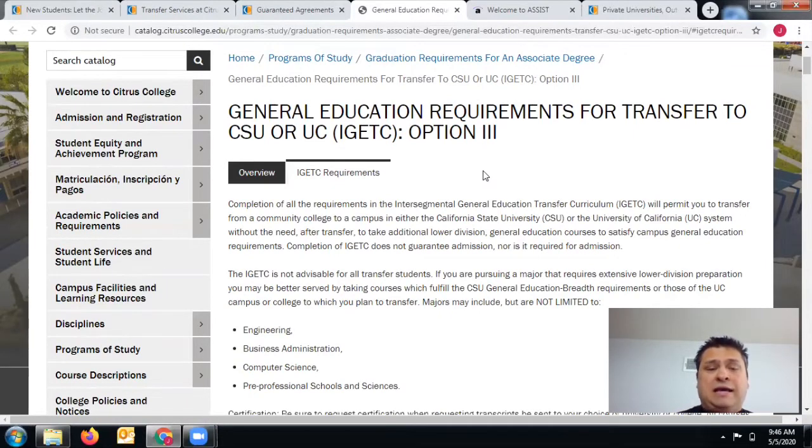And the idea behind this is the community colleges have put together a singular program that will transfer to all the UCs and all the Cal States. And this really simplifies for students which classes they need to take. They don't have to worry about, well, if I want to go to Cal Poly Pomona and I also want to go to UC Davis, I'm looking at both those options. I don't want to take two separate sets of courses, one for Cal Poly Pomona, one for UC Davis. This is all one set of courses. And I want you to think about this like graduation requirements. So think about it from the perspective of